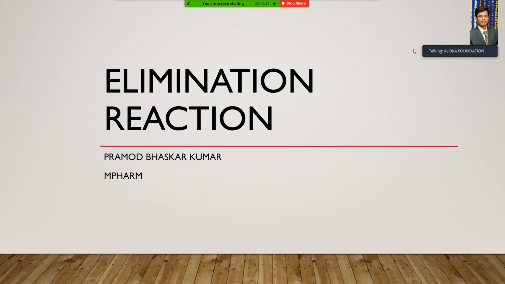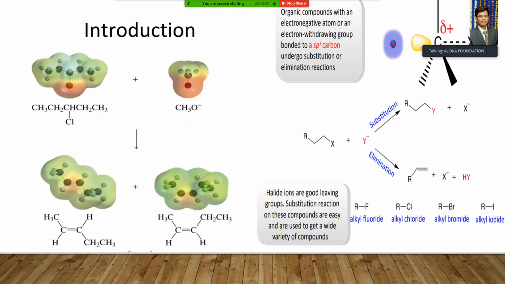So what is an elimination reaction? You have a substrate, as in the SN1 reaction, and there is a base or a nucleophile, and the reaction occurs. In a substitution reaction, the leaving group is replaced by a nucleophile, whereas in an elimination reaction, groups are removed from the substrate. The leaving group will be left along with another group.